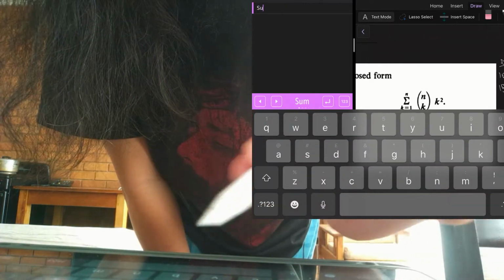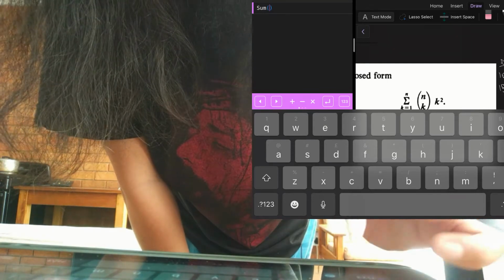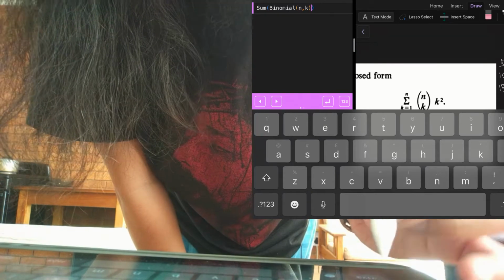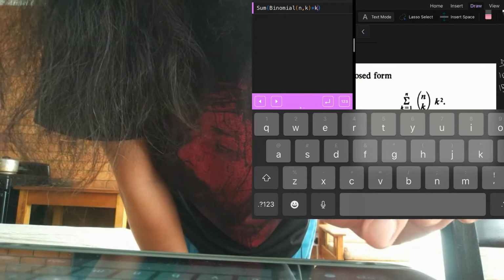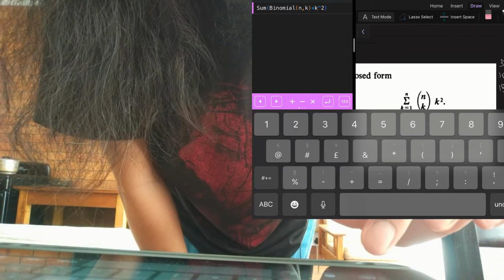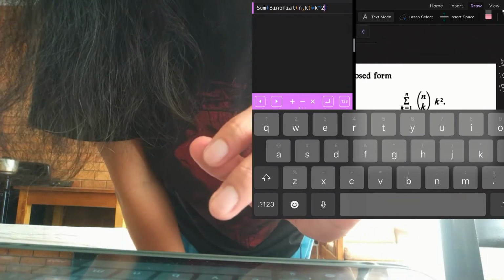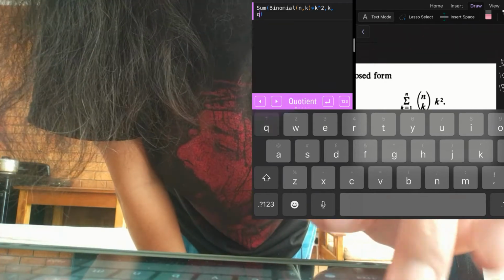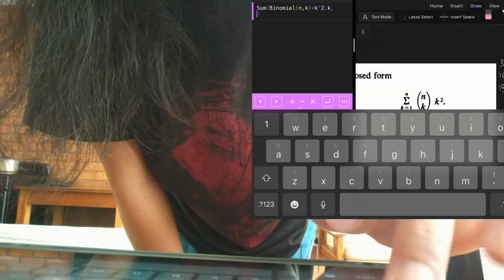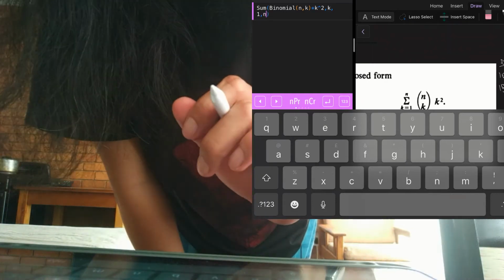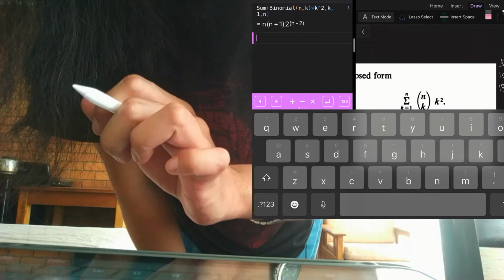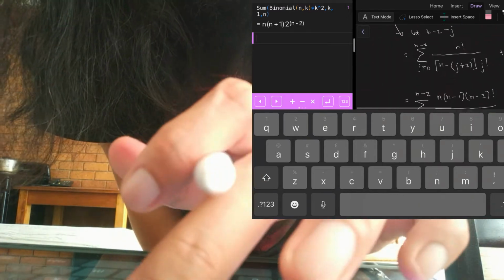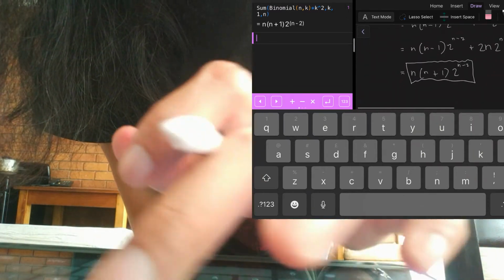So we're evaluating the sum of the binomial n choose k multiplied by k squared, the sum over k from 1 to n. Okay, so let's press enter, and voila, n plus n times n plus 1 multiplied by 2 to the n minus 2